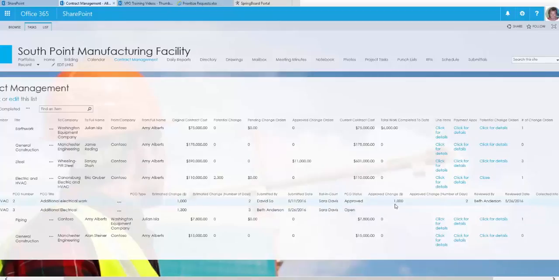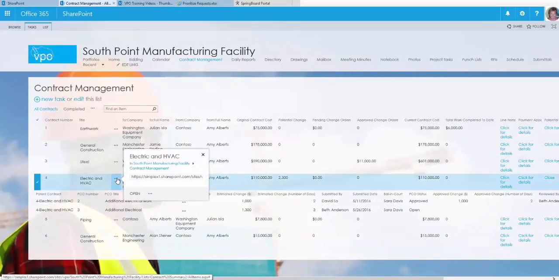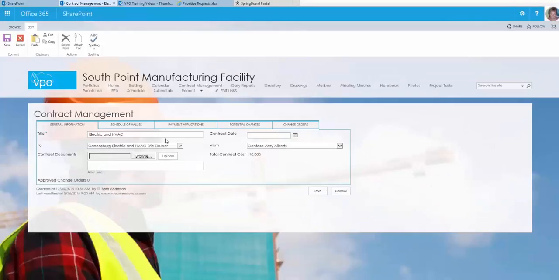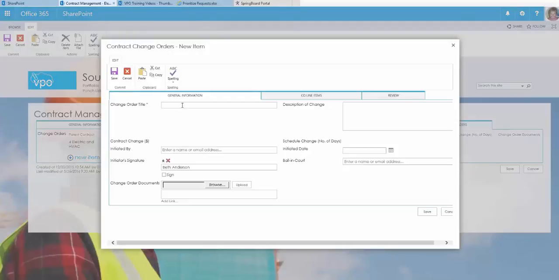Now, when you want to actually create a change order, you again want to go to the contract management log file, and you want to click to edit the appropriate contract that this change order is going against. So I'll go ahead and select the edit. And now I want to go to the change order tab. Now on the change order tab, I can go ahead and click new item and give it a title,